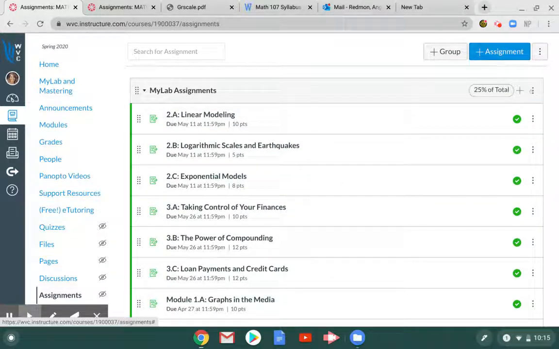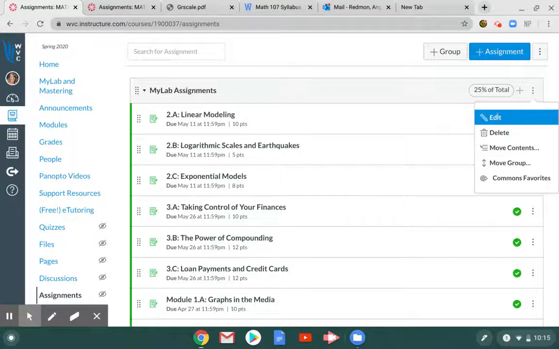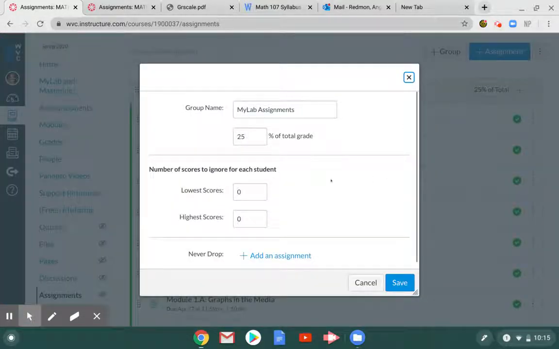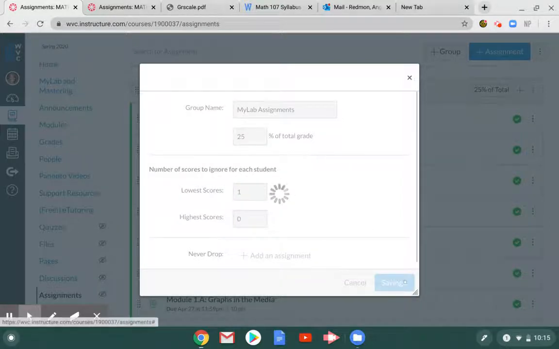You can also click on the three dots, and when I hit edit, it gives me a few more options because there are scores here. I can change the name. I can change the percent that it's weighted if you are weighing it by percents. And I can also have it drop the lowest score. So if I click here and I have it drop my lowest, these are my MyLab assignment scores, and hit